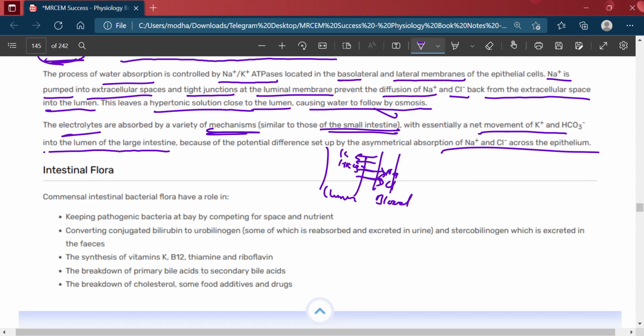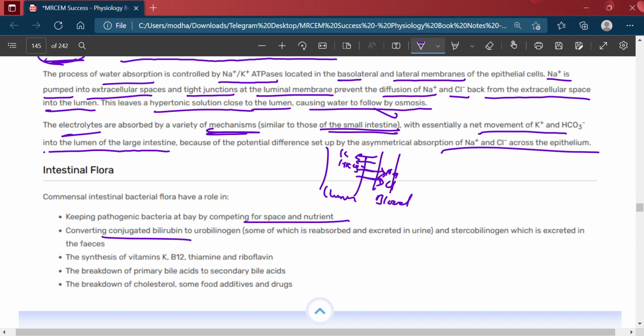Now, intestinal flora. The commensal intestinal bacterial flora have a role in keeping the pathogenic bacteria at bay by competing for space and nutrients, converting